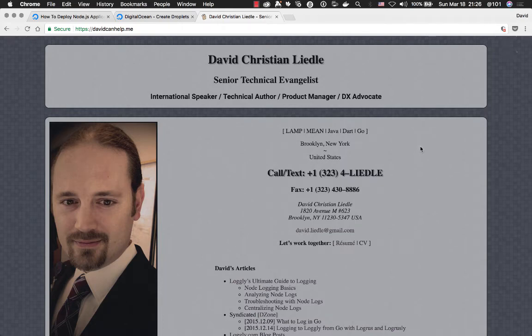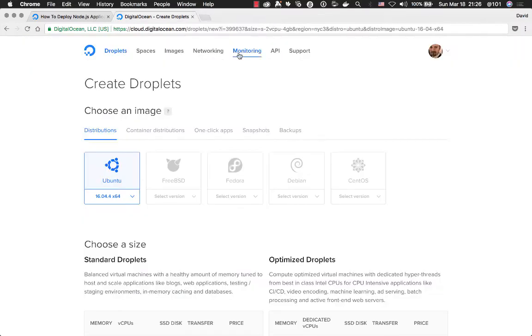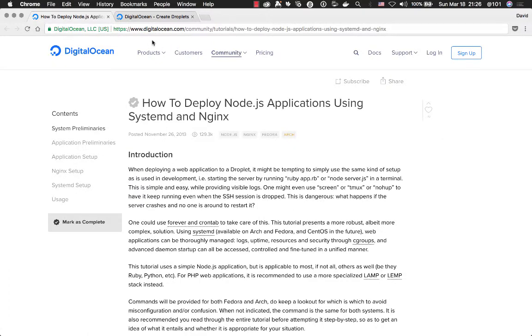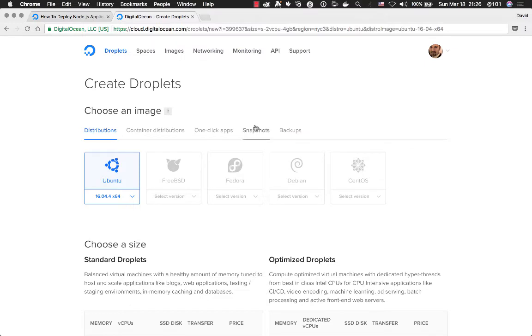I'd like to show you how to run services with systemd on a DigitalOcean droplet. We're going to set up a droplet and follow a tutorial that you can find on DigitalOcean's community tutorials. If you have a snapshot of an existing droplet that you would like to work from, or if